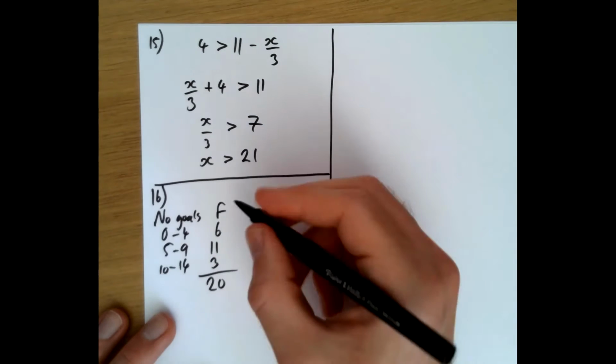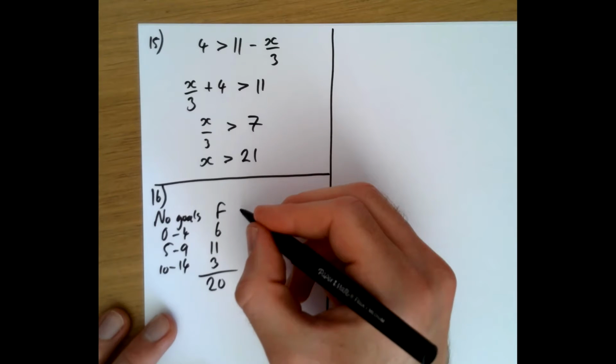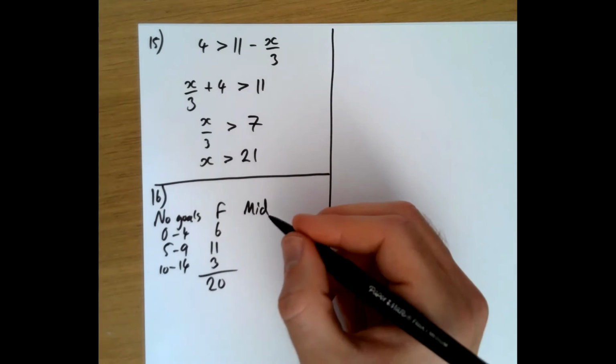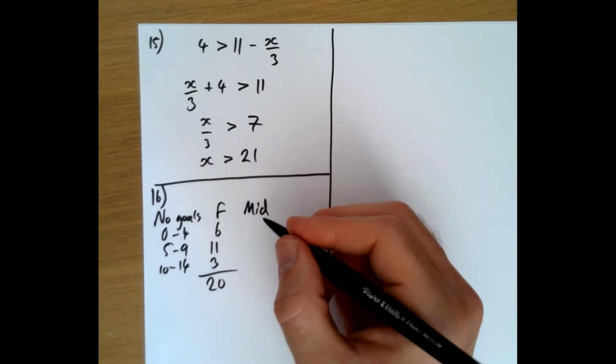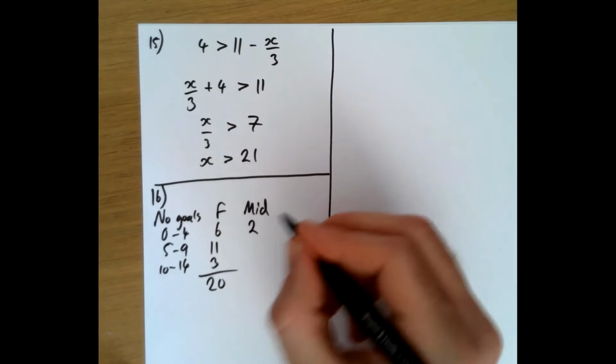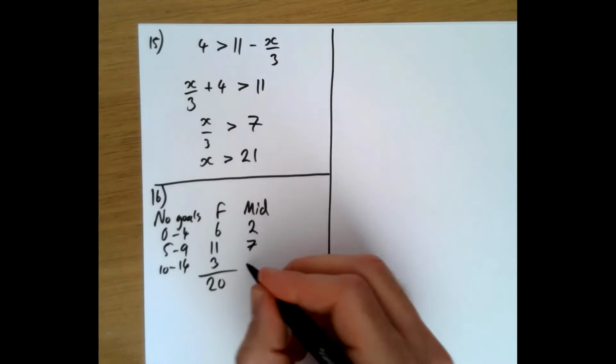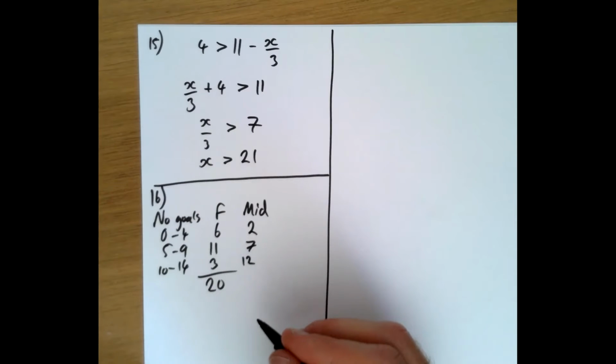Sometimes they don't tell you. They've been kind and said, well, what's the midpoint? So in between 0 and 4 is going to be 2. In between 5 and 9 is 7. In between those is 12. So what we're doing is we're saying, well,